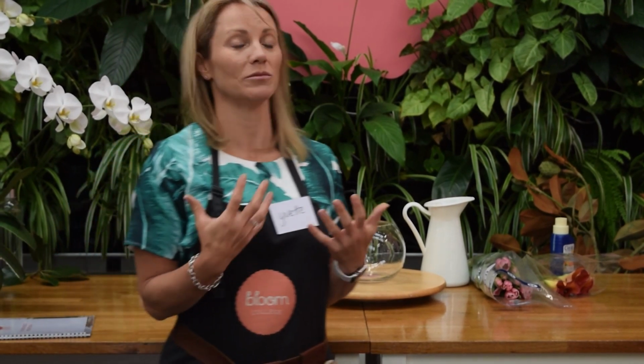Flowers do last a lot longer the shorter that they are cut, because flowers use energy to keep themselves up and hydrated, and so the shorter the stem, the longer the flowers will last, because they don't have to use as much energy to keep themselves up and to drink. So what I always suggest is that after, say, 4 days, take them out of that vase and cut them